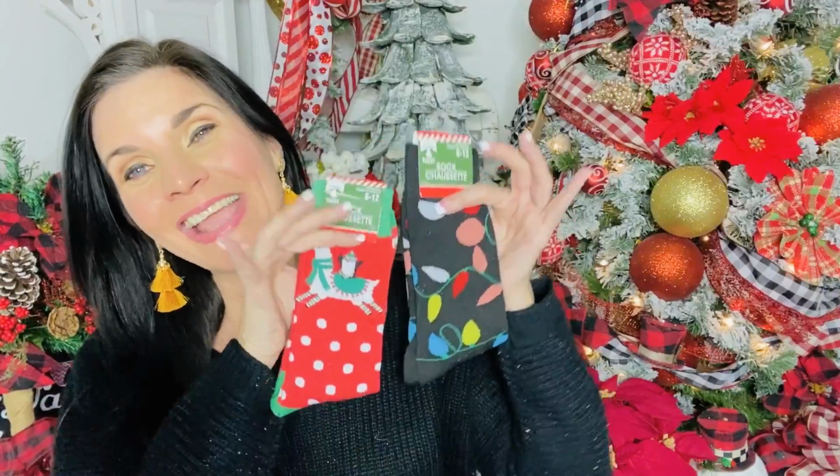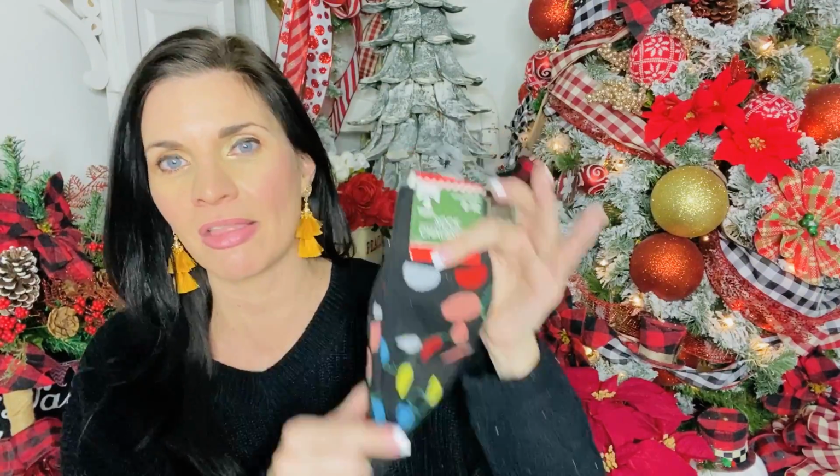The other fun thing to look out for are the Dollar Tree holiday socks. Okay, so it never fails. We have Secret Santa things that pop up, whether it be classrooms or dance parties or whatnot, and you're left scrambling for what to do for these. And then we end up going to Target and spending $4 for fuzzy socks or holiday socks. Let me tell you, Dollar Tree has